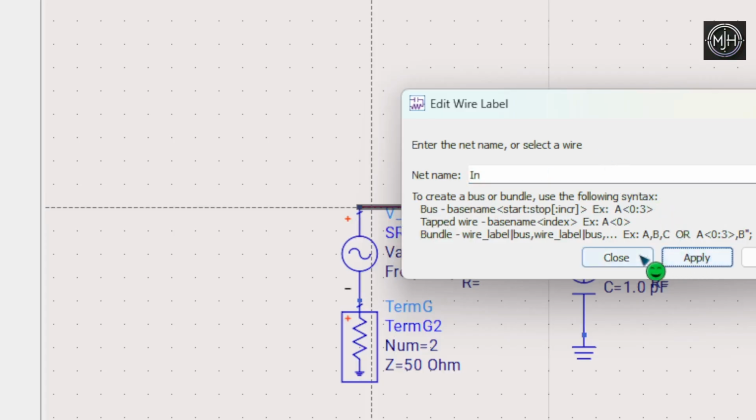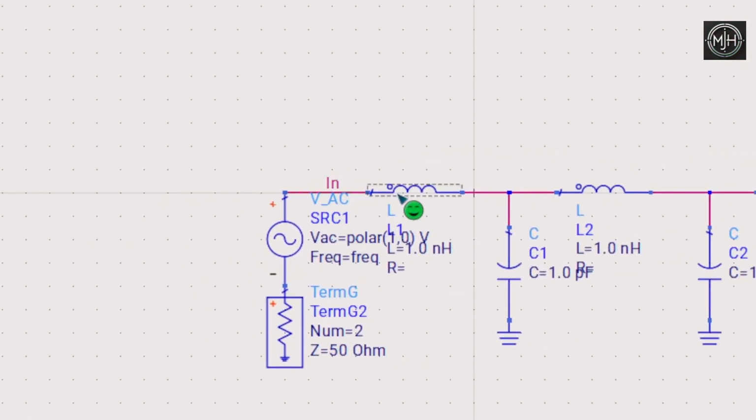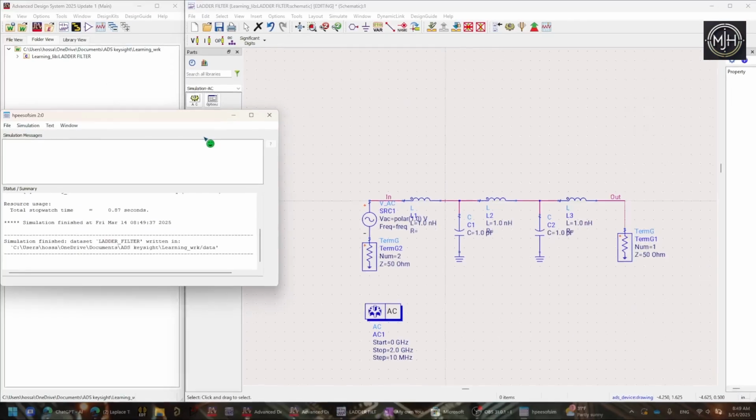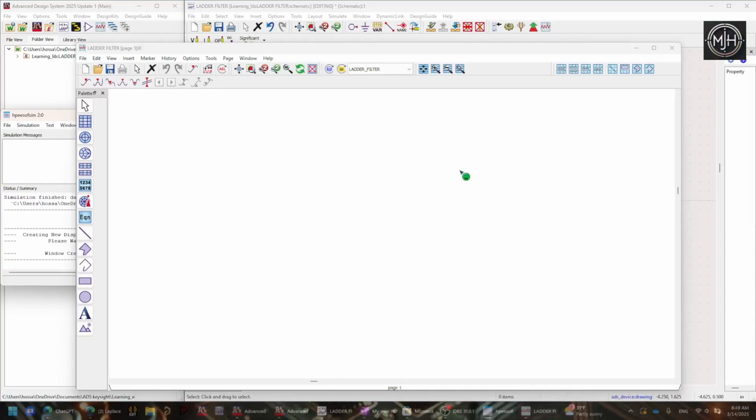So now I'm giving two variables. That means I give it two probes so that I can see what's coming in and what's coming out. Once I do that and run the simulation, it's starting, and it's finished. All right, now we are in the results section, and to plot the results you can